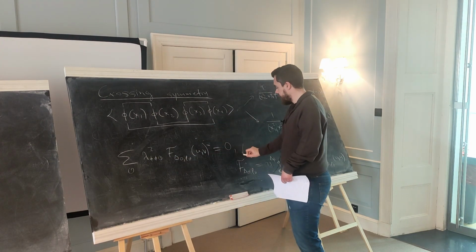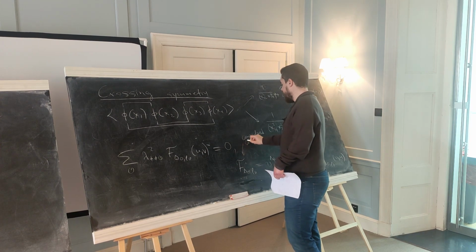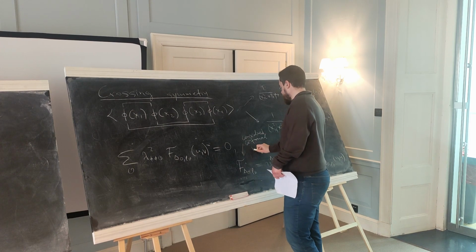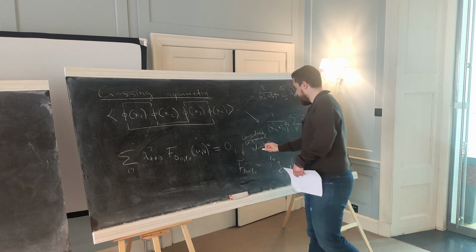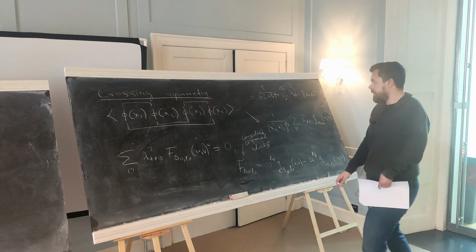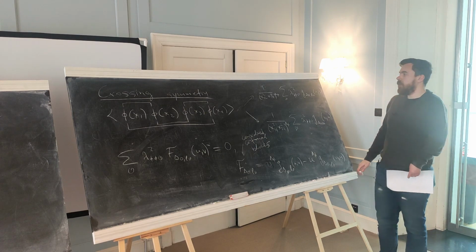Sometimes these f's are called convolved conformal blocks. Okay, so this is, after a little bit of algebra, the crossing equation, meaning a constraint of crossing symmetry